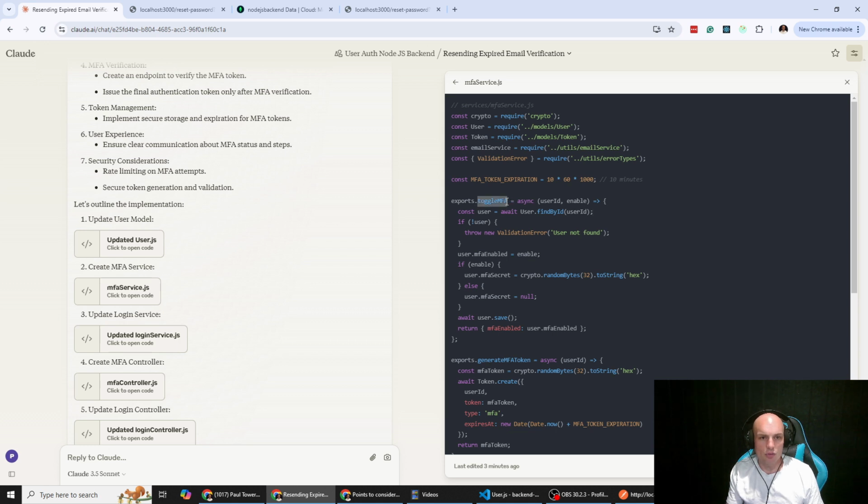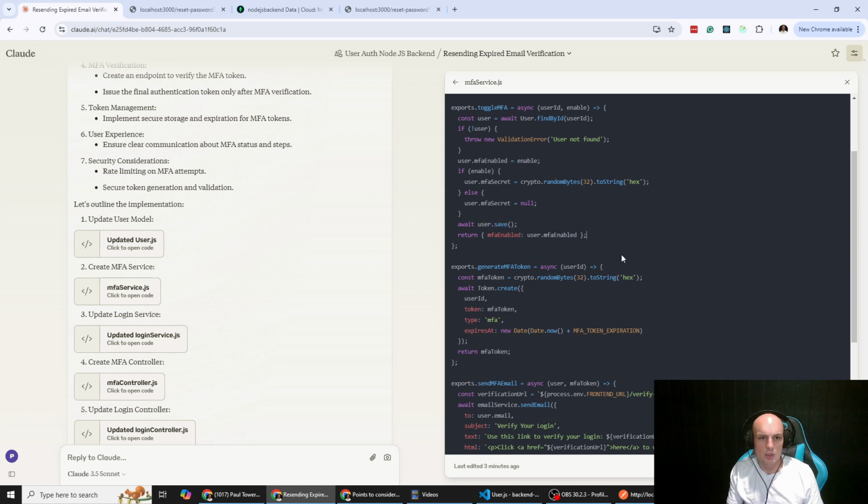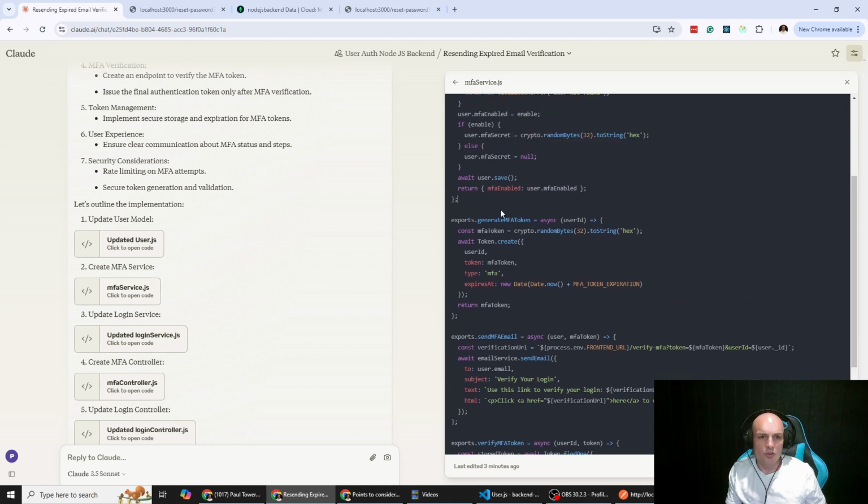So this is the service for toggling on MFA. We find our user, and user.mfaEnabled is enabled. If enabled, we generate a secret using crypto.randomBytes(32).toString, so a secret string. We save that to the user model, and we return that the user has MFA enabled. This is the MFA token. So we create a new token for the user, and then